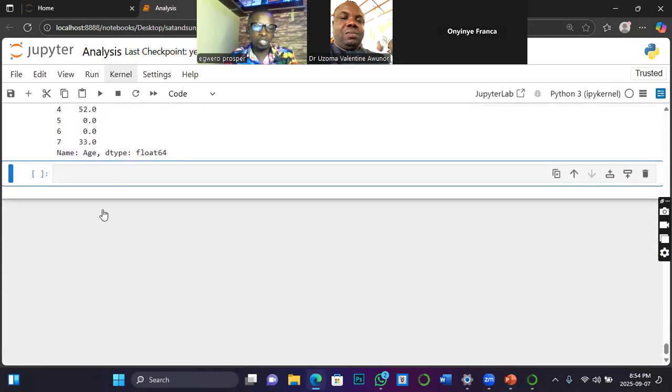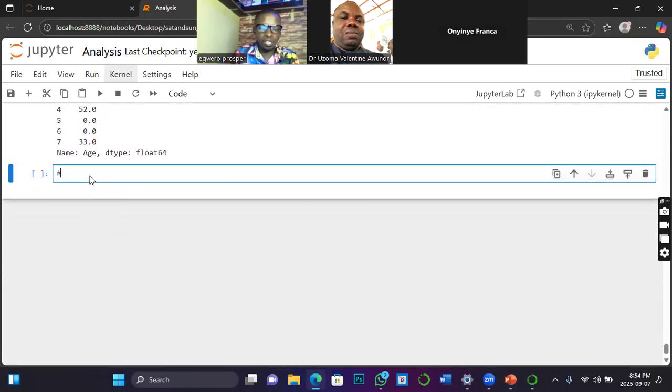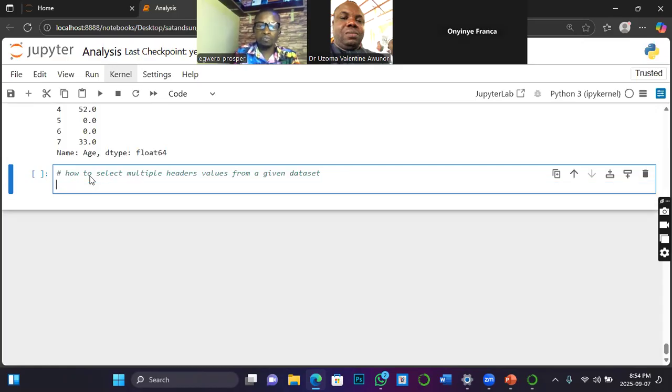So let me use a comment to explain that as well. How to select multiple header values from a given data set. From a given data set. So the syntax